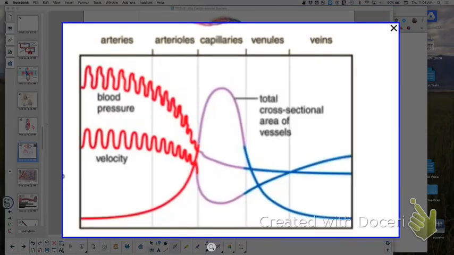Okay, velocity is surging due to the heart. Then it goes really slow. It's going to go slowest where the cross-sectional area is the highest. They're inversely related. So as you have less of a cross-sectional area, as they're back into those venules, then it's going to start to speed up a little bit. Okay? Now,